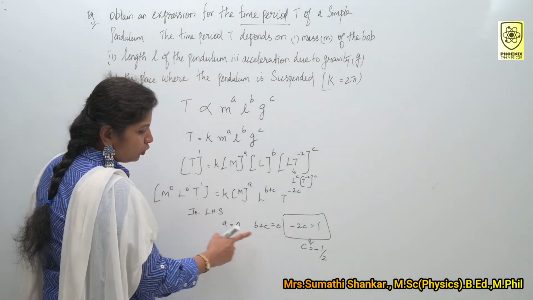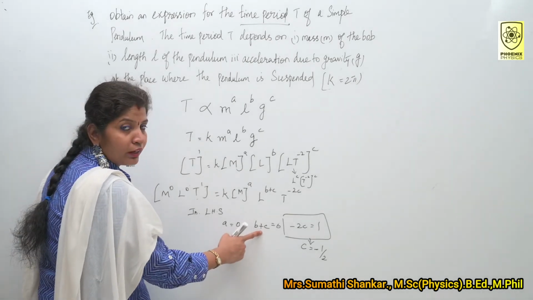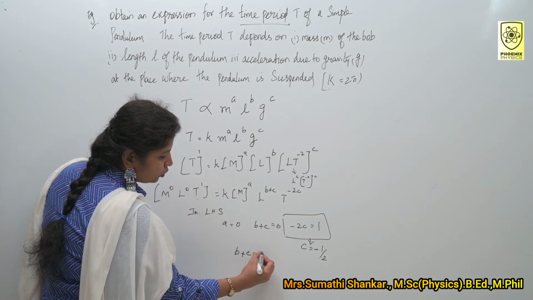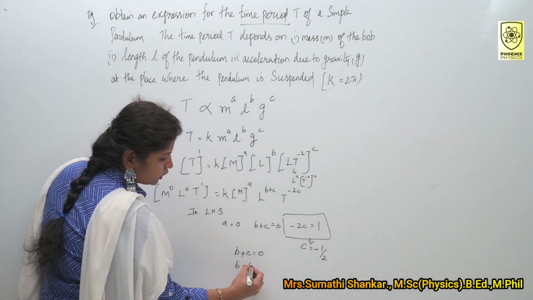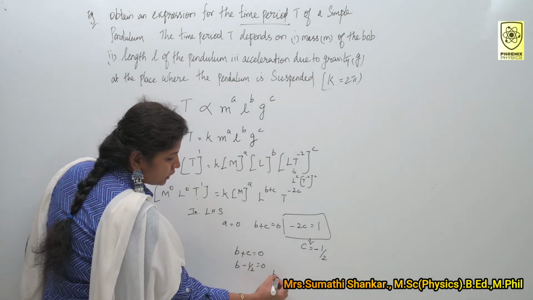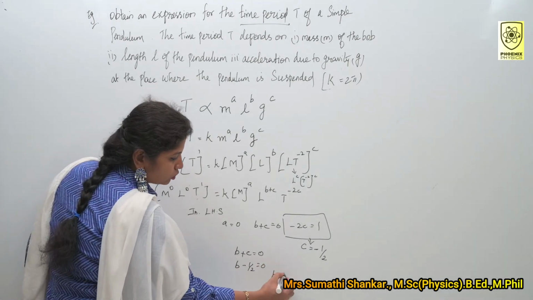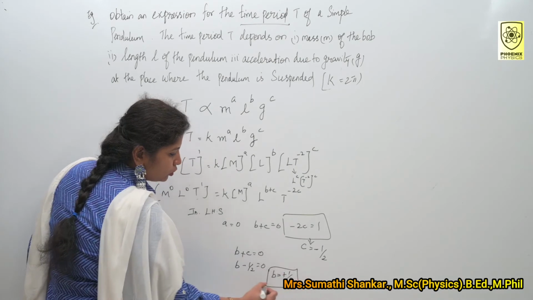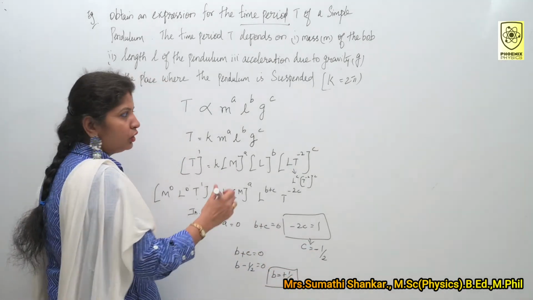So a you know, c you know. Here you substitute c value, you can get b value also. So b plus c is equal to 0 means b, substitute c value here, minus 1 by 2 is equal to 0. So what is our b? Bring this minus 1 by 2 to right hand side. So plus 1 by 2. So you know the a value, b value and c value.